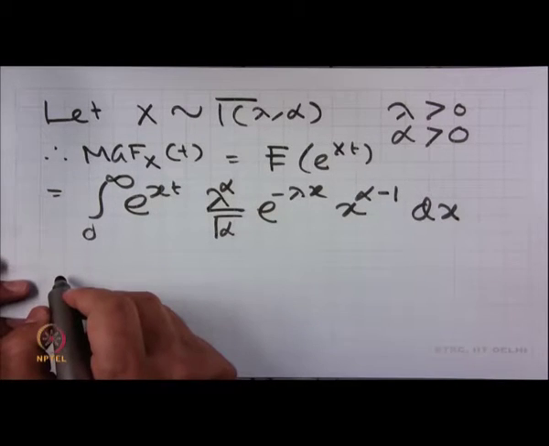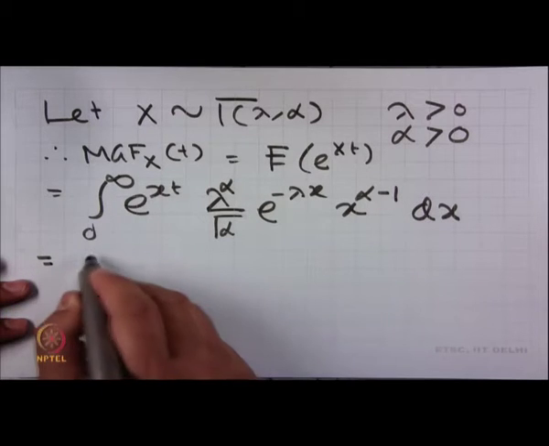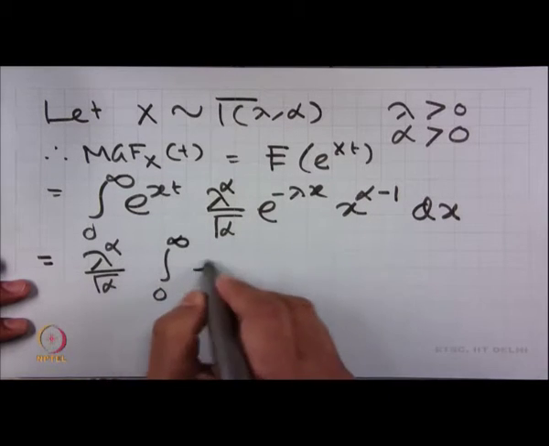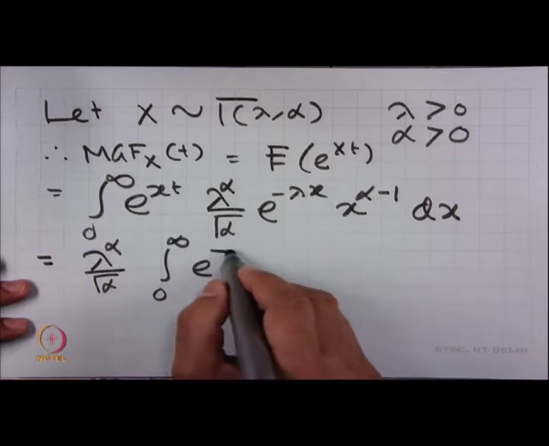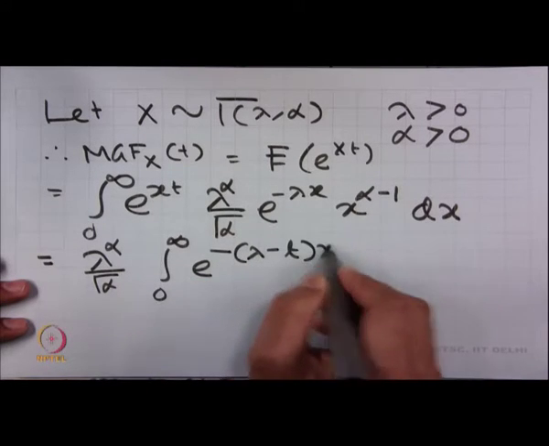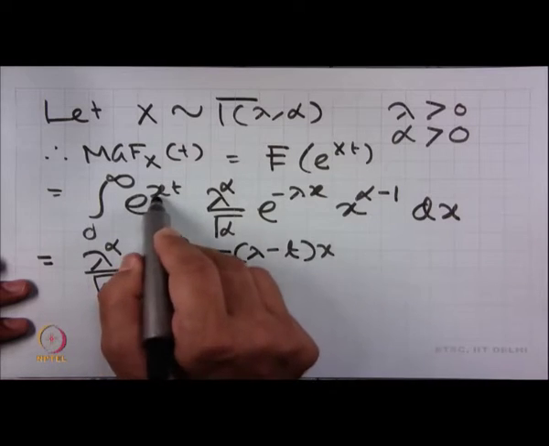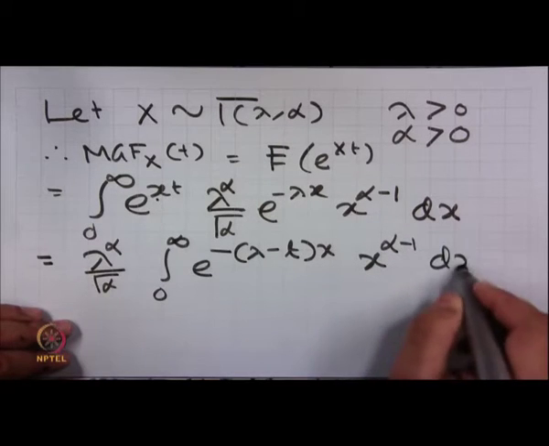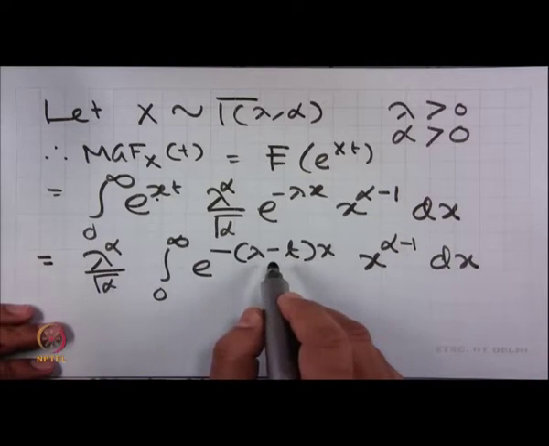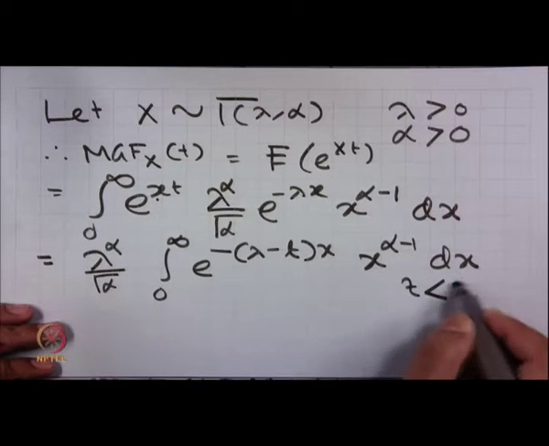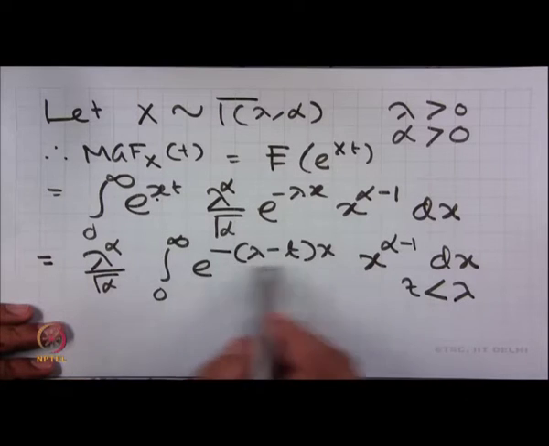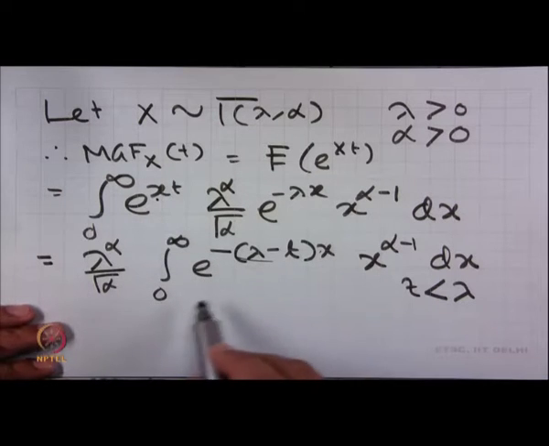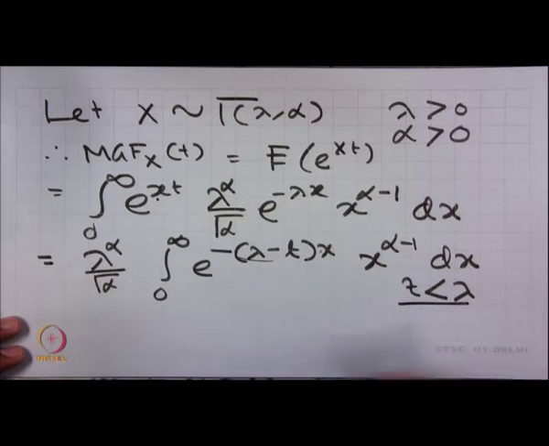dx, right, is equal to... So, I have used this and this together multiplied by x^(alpha - 1) dx, and this will converge for t less than lambda, because in order to converge this part has to be positive. So, that along with this minus it becomes negative. So, this will hold good for t less than lambda,